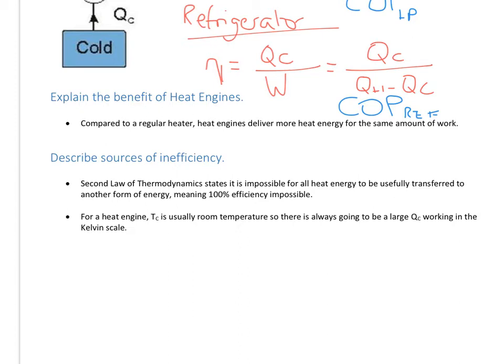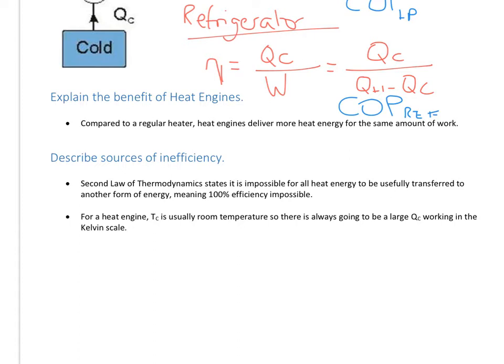There are problems with them though, in that you can never reach 100% efficiency, which is not great. One of the barriers is the second law of thermodynamics, which is kind of a big barrier and is therefore quite annoying because it's not possible to transfer all heat energy into other forms, making 100% efficiency not possible. And the other thing is, all these expressions have a temperature of your cold reservoir in them,